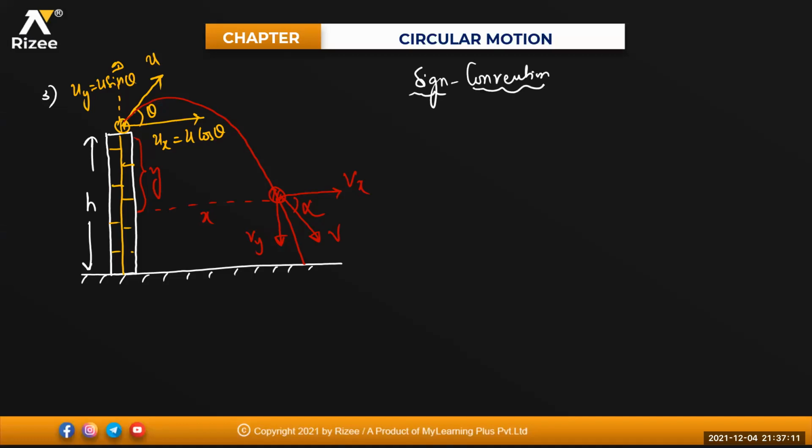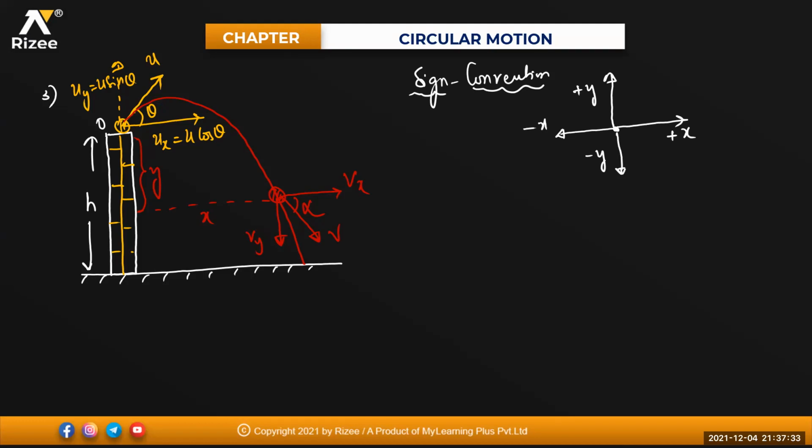I'm just changing it. This is your point of origin, that is nothing but O. In the upward direction, for your convenience, I'm taking it as plus y. And this one, I'll take it as plus x. In this direction, I'll take it as minus x. And downward direction, I'll take it as minus y. Any problem to anyone? No, sir.